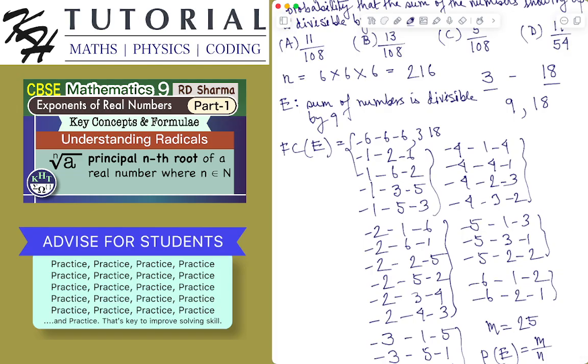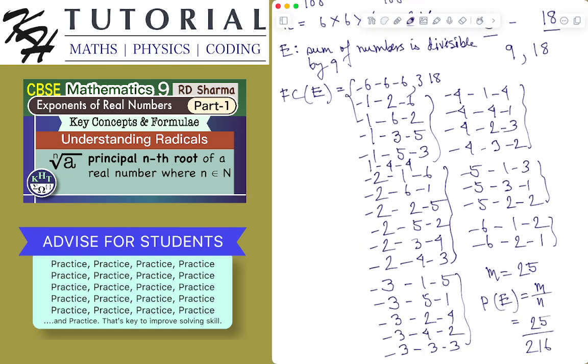So if the sum of the numbers showing up is 9, if I consider 1 showing up on the first die, then the sum of the numbers showing up on the second and third die has to be 8. So we have 1 2 6, we have 1 6 2, we have 1 3 5, and oh sorry, I missed 1 4 4. 1 4 4 will also be an outcome where the sum of the numbers on the 3 dice is equal to 9. So then small m will be 26,